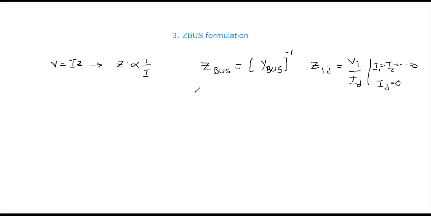Only one important question will definitely come in your university question papers, or in internal or external examinations. That question is the Z bus building algorithm. In that question, you will have four different cases, and we are going to see those four cases. After that, we are going to solve one problem based on this, and with that, we are going to conclude this third chapter.